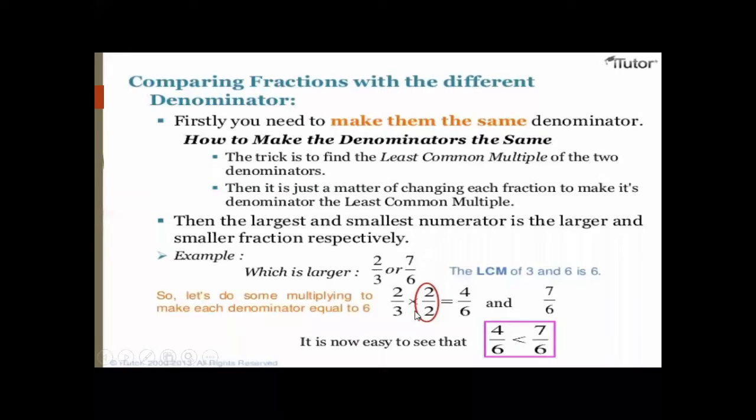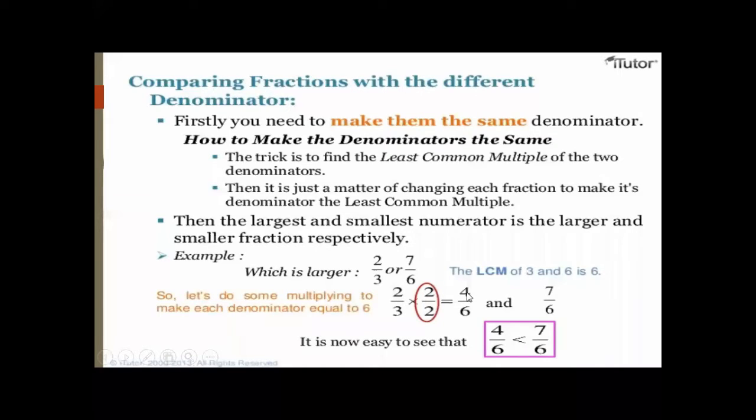What have I done here? I will tell you again. I have converted it to the same denominator. Here I had 6, so how can I convert 3 into 6? By multiplying 3 with 2. Because in mathematics, if we multiply the denominator by a number, we must multiply the numerator by the same number. So I must multiply 2 with 2. So 2 upon 3 becomes 4 upon 6.